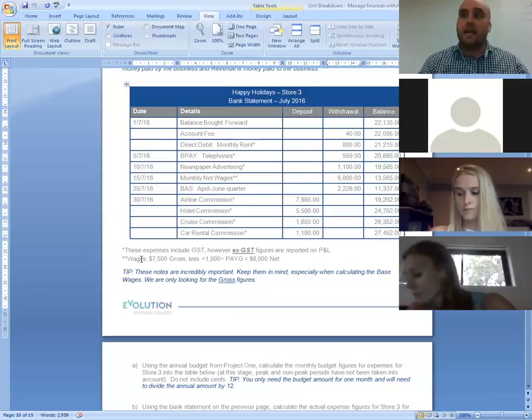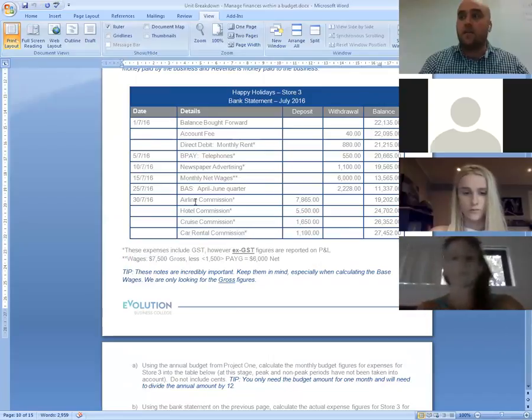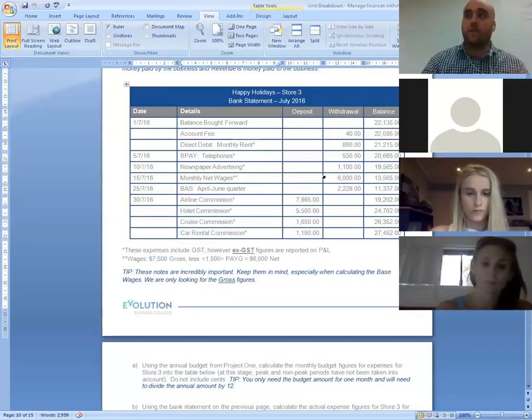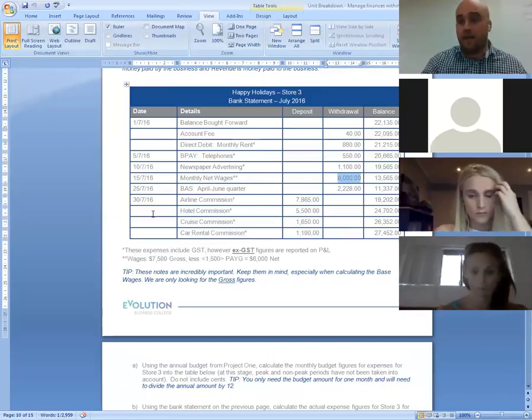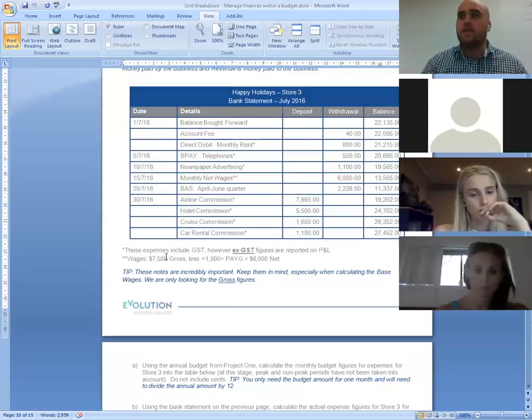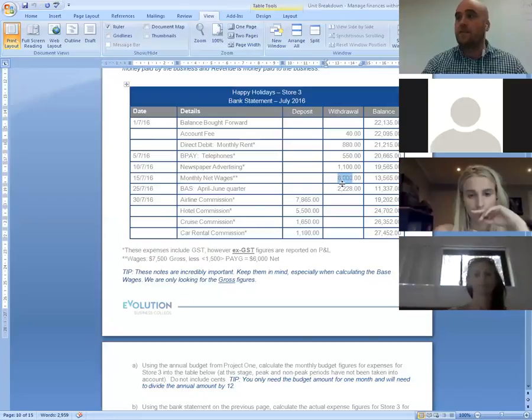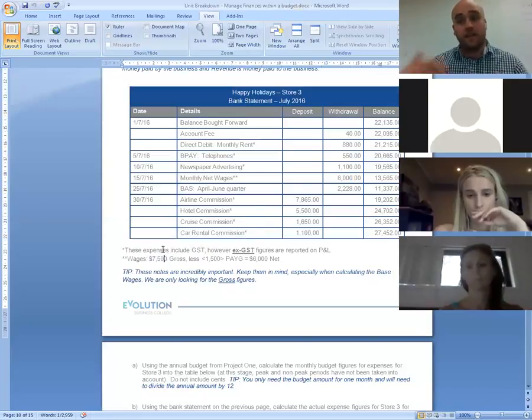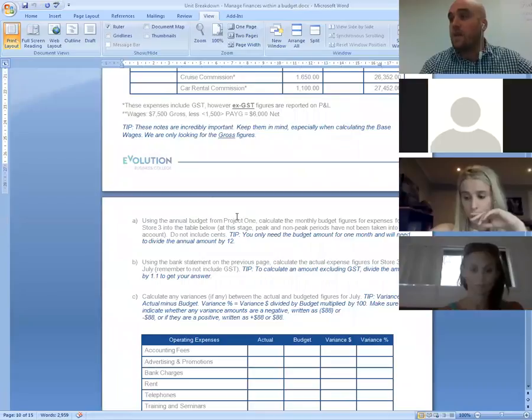The only other thing here is for the wages. The figure we have here is for the wages without the pay-as-you-go income tax included. So it's a bit beyond the scope of what we're doing here, but the important thing is you need to use this figure here, 7,500, because we do want to include the income tax we paid. So I don't know why that's there, but forget that. Use 7,500 in the next table. Okay, so